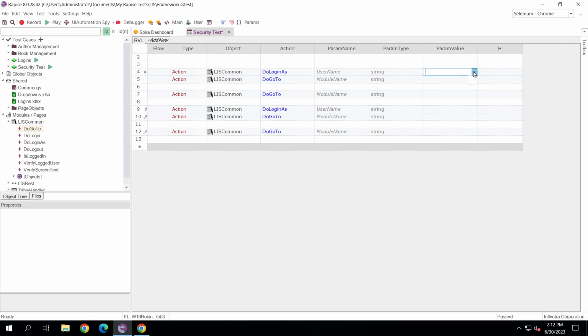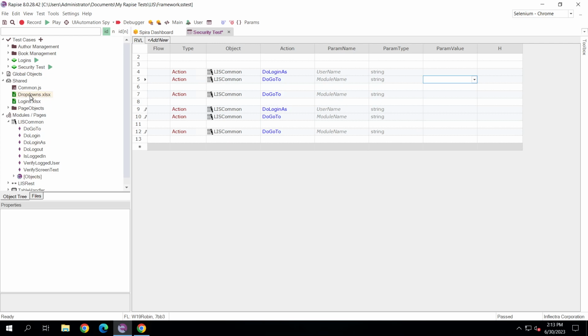And this may be inconvenient if there are many users and it's hard to remember. Also, a normal system has hundreds or sometimes thousands of entry points or modules where you must switch to, or screens or whatever. And it's also hard to remember when you navigate through your system. And this is where such a feature as dropdowns comes into play, and it's very powerful, especially together with page objects